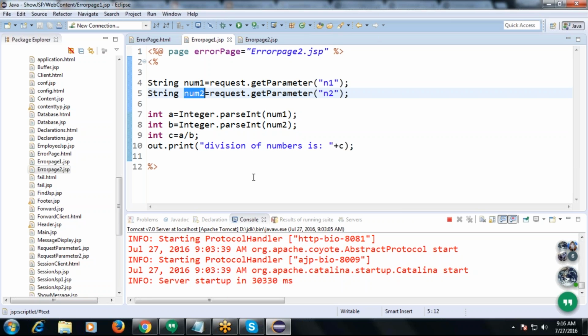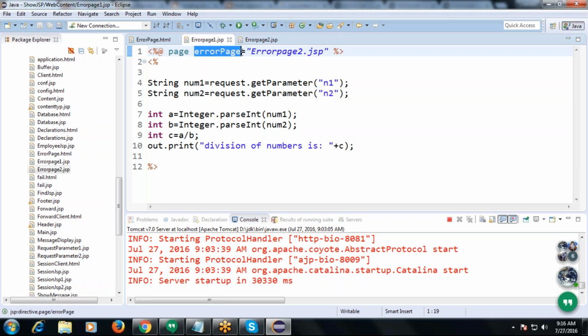So how can we handle the exception? Here you see another attribute given for the page directive, which is called errorPage. errorPage equals some JSP name that we give.